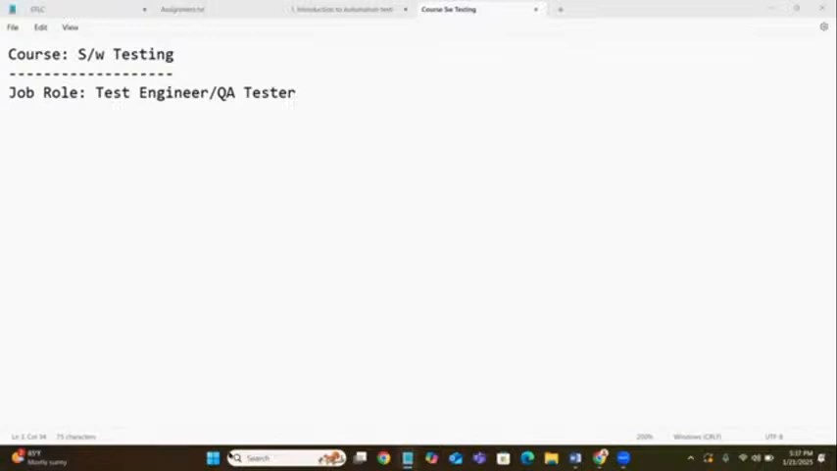This is the first session where we are going to take everything from the scratch. We are going to discuss today. I will give some basic idea to you about the software testing course. Once you learn this course, you are eligible to apply for the testing jobs or QA tester. So basically,